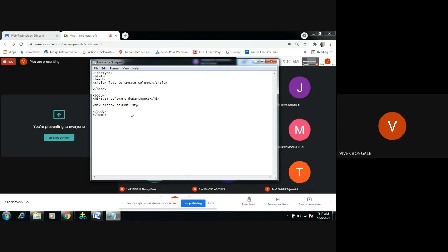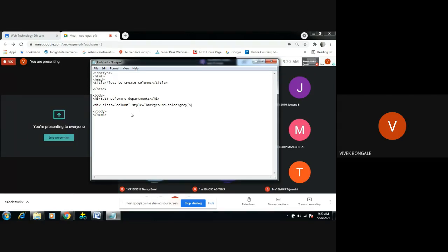So style. Which type of style sheet are we using here? We are using the inline style sheet, because on the same line we are giving the style. Style, background color, I want gray.